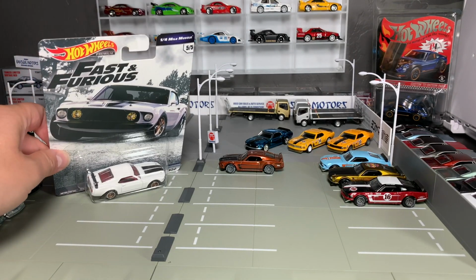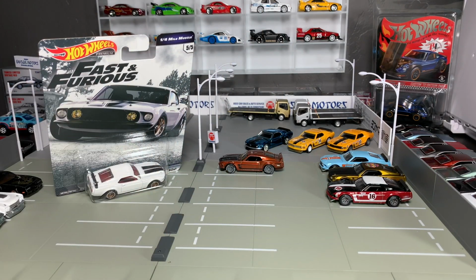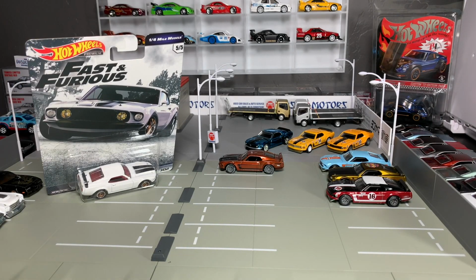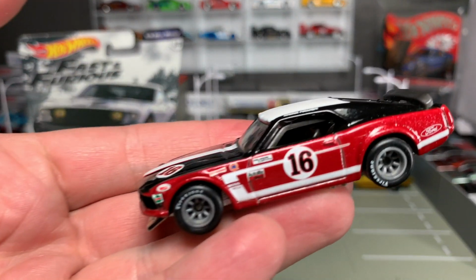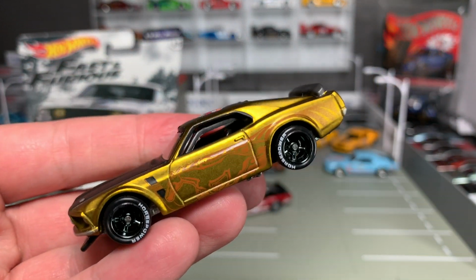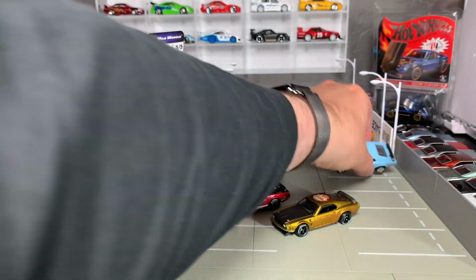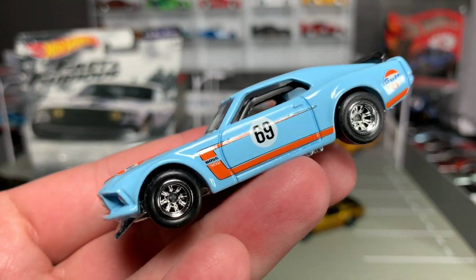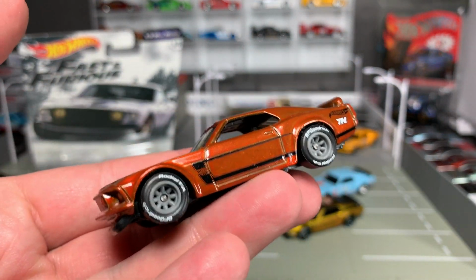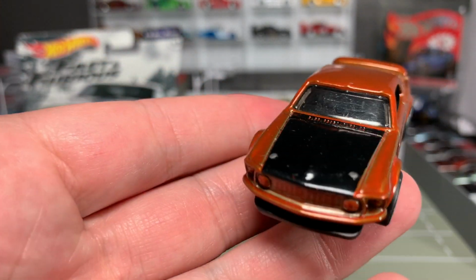In fact, before we open it up, I did bring out some of the previous premium versions of the 69 Ford Mustang. Now, here's what you don't want to get mixed up. I said the 69. We have this one from Hot Wheels Racing of the 69. We have this one from the Kentucky Convention, that beautiful satin, I guess you'd call it gold. And we have the most recent 69 from the Golf Series in Car Culture. I also added this 69 302 Boss from the Super Treasure Hunt from several years ago, which is one mighty